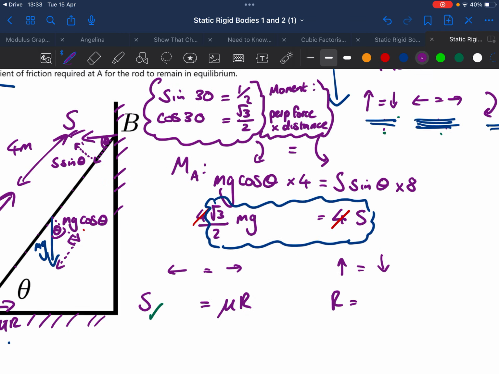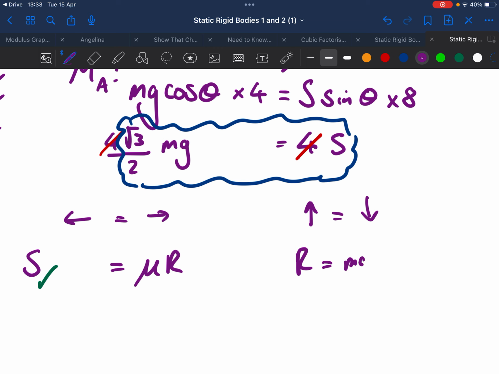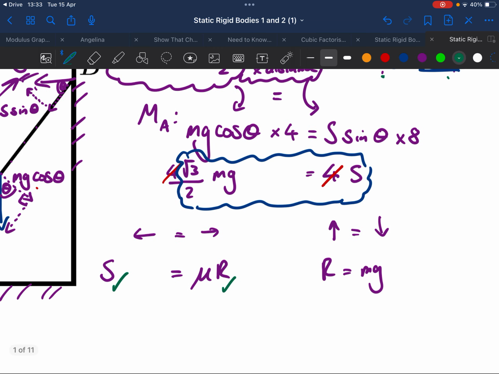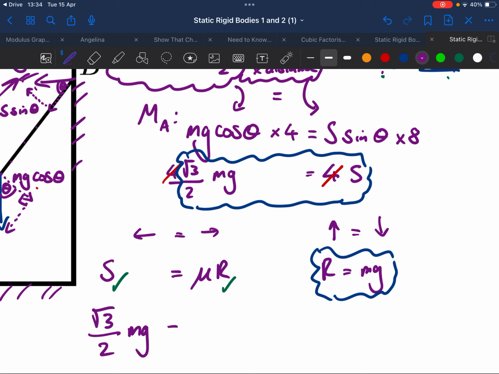And the down force would be mg. So now we have this one as well. So we're going to substitute in our results in those blue boxes there. So that's going to give me what? That's going to give me root 3 over 2 mg equals mu mg. And the mg's actually cancel, don't they? Fully. So the value for mu is root 3 over 2